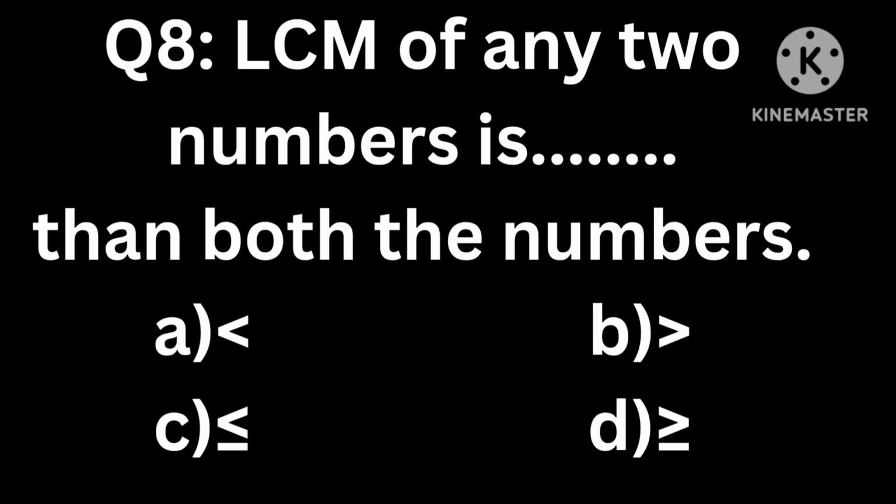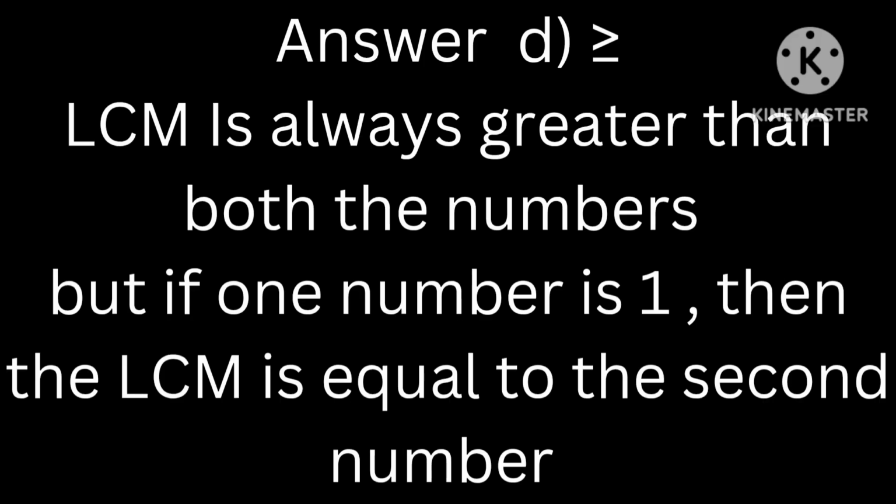Question number 8, LCM of any two number is less than both of the number, greater than both of the number, यानी दोनों नंबरों से जिन नंबरों का एलसीएम मालूम करते हैं उससे ज़्यादा होगा, या लेस होगा या बराबर होगा। एलसीएम इज ऑलवेज ग्रेटर देन बोथ द नंबर्स। एलसीएम दोनों नंबरों से ग्रेटर होता है अगर दोनों नंबर डिफरेंट हों, लेकिन अगर उसमें एक 1 हो तो फिर उसका एलसीएम एक नंबर के बराबर होगा।